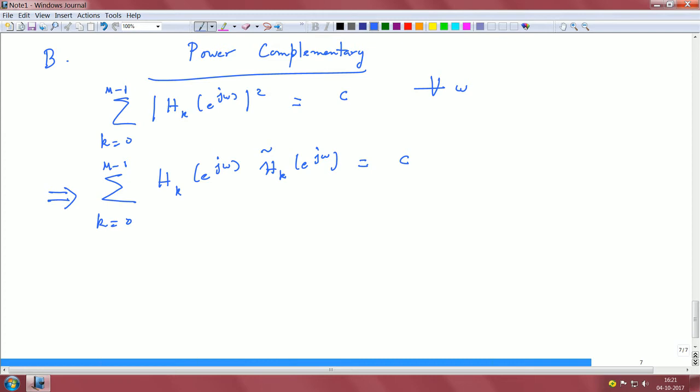But if you carefully observe this transfer function, then you can see through inspection this is like my Hk with Fk, where Hk is the analysis filter and Fk is the synthesis filter, which is a conjugate of the analysis filter, right. So, from a perfect reconstruction perspective,